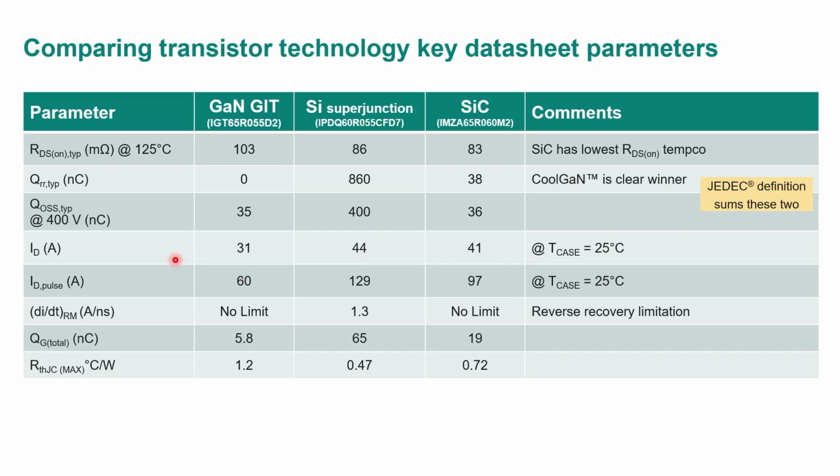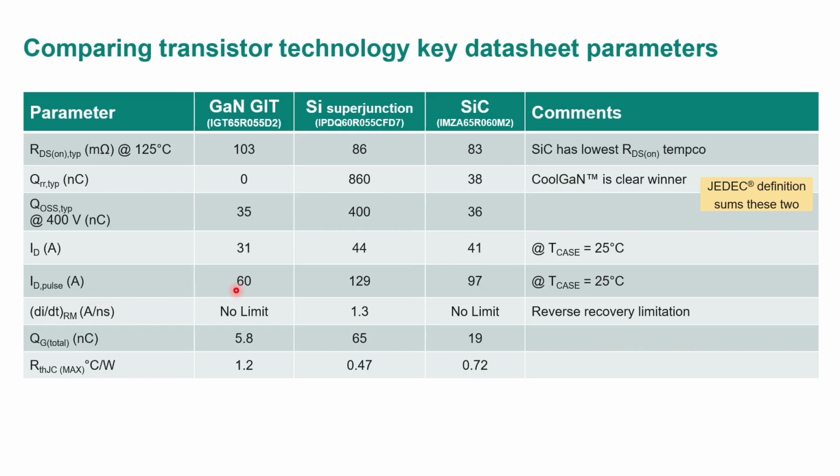And then there's current. There's the continuous rated drain current, ID, at 25 degrees C case, and then there's the pulse current, which is also at 25 degrees C, but the 25 degrees C case isn't really what matters. What matters is that this is rated at peak TJ. So for the continuous, it's really all about the thermal performance, how big the die is, how good the thermal conductivity is. This isn't an intrinsic device limit.